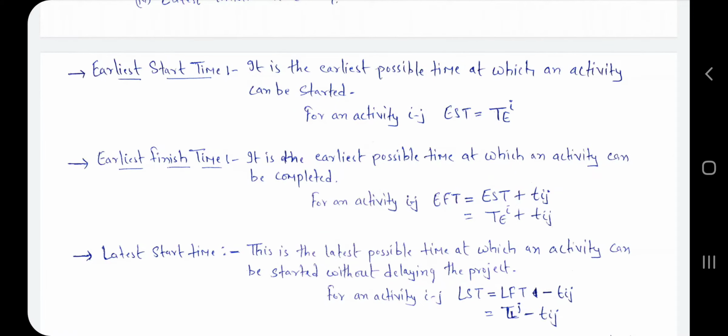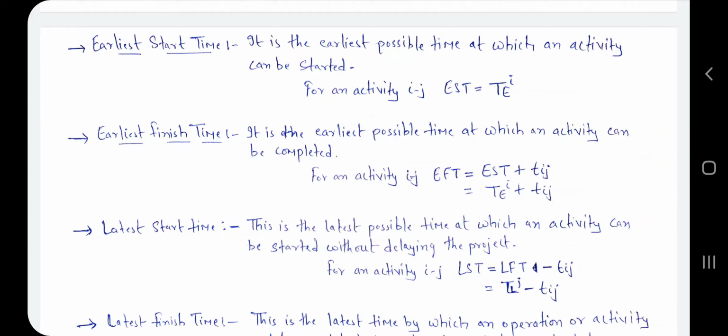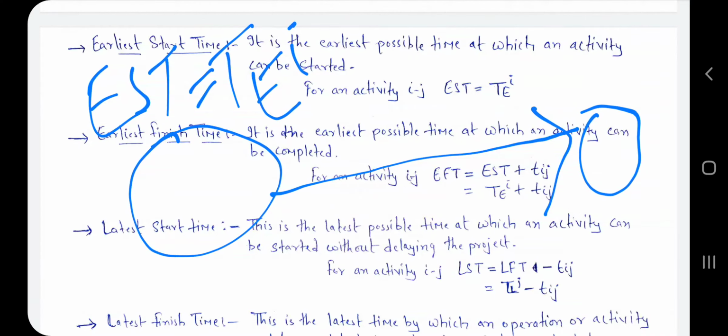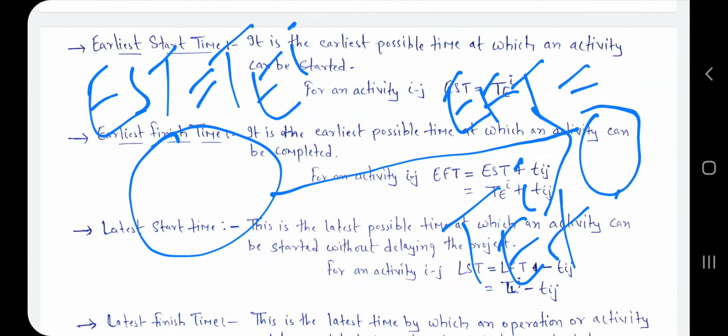Now let's see the second, earliest finish time. It is the earliest possible time at which an activity can be completed. Here EST is equal to TEI, and EFT is equal to TEI plus Tij.